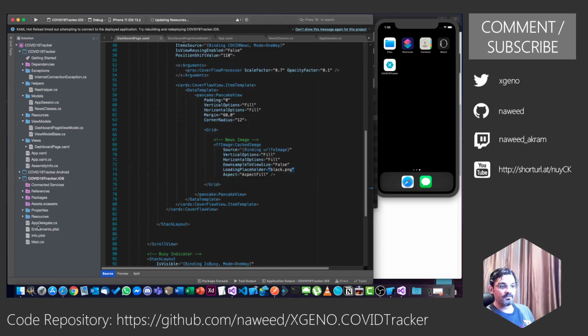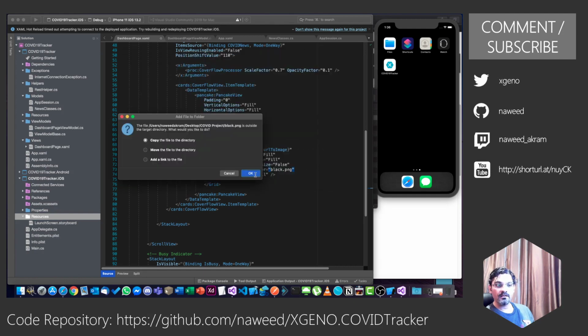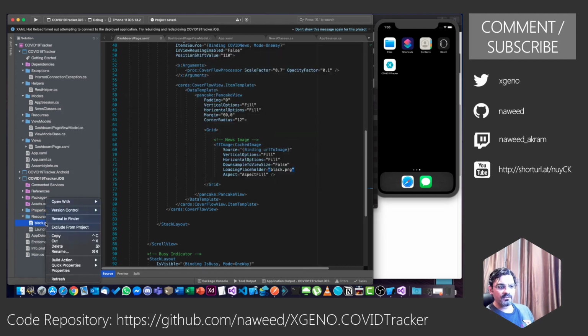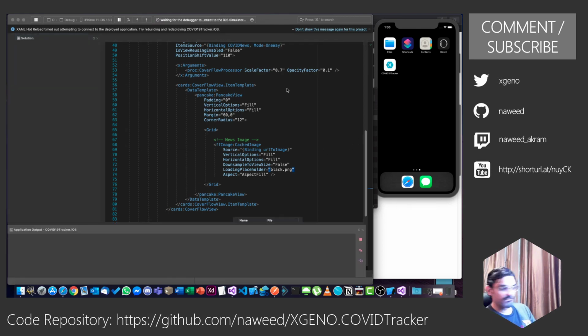Same thing now I will do in my resources folder in iOS, existing file, black. But the moment you add, you have to make sure that the build properties of this is set to bundle resource, which happens by default, and similarly in your Android project it has to be an Android resource. Now if I run this project, you will notice things will look slightly different.